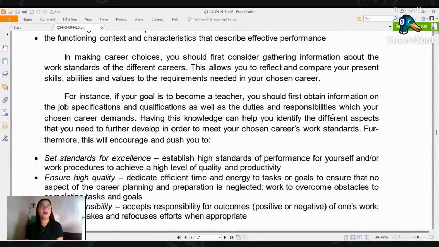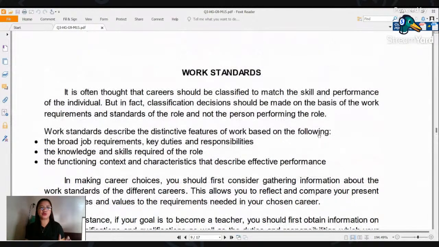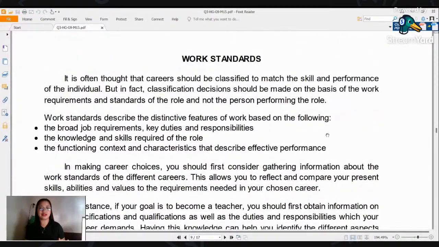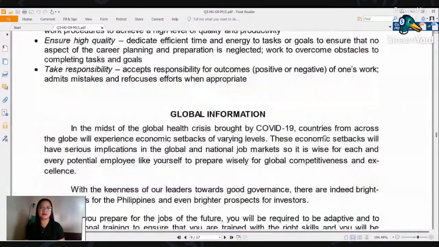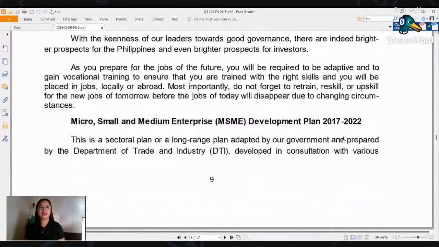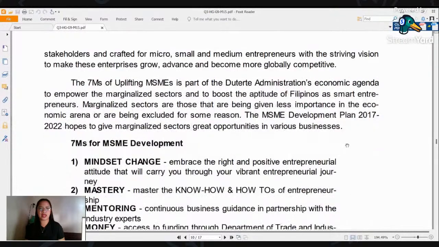So take note, pag mag apply tayo ng job in the future, of course, may mga qualifications, may mga needed skills for that specific job. So, on this page sa module natin, here are the work standards. Okay? And then, you have here, next one,